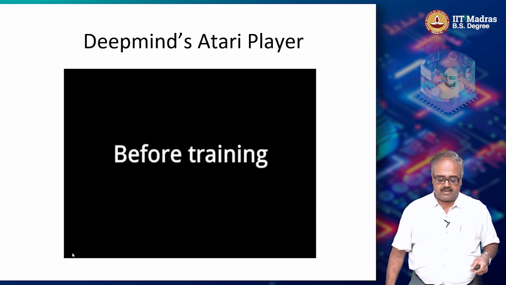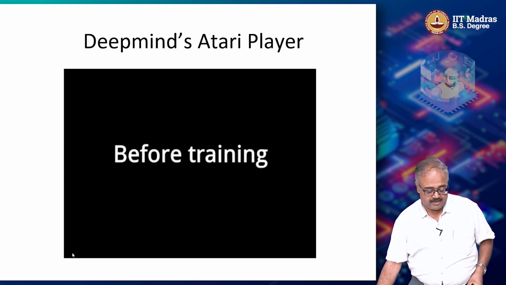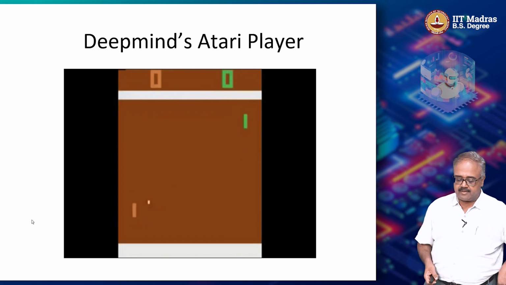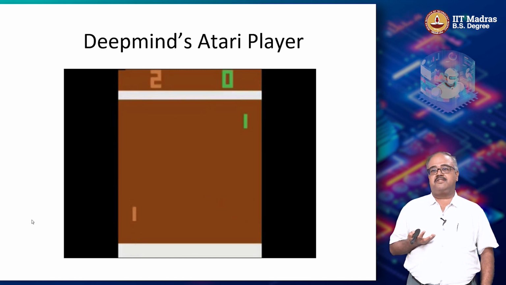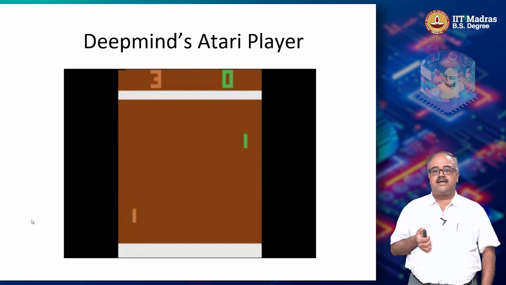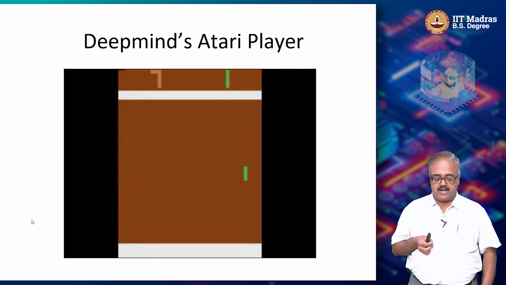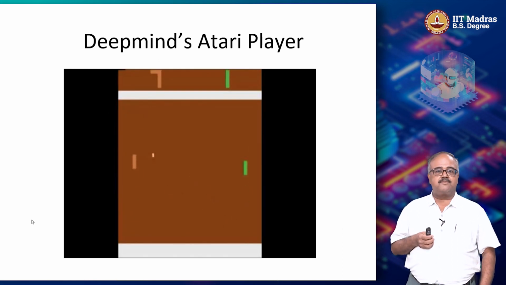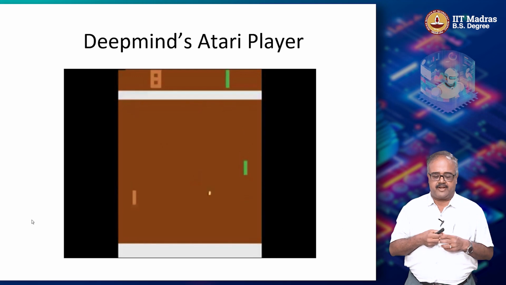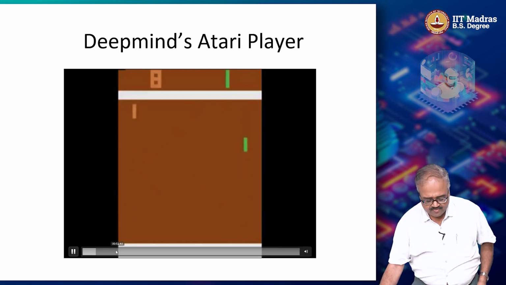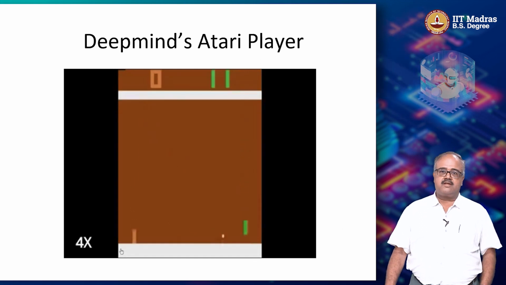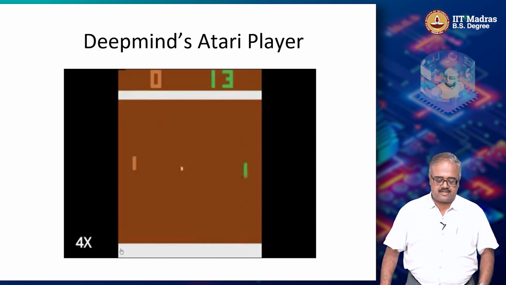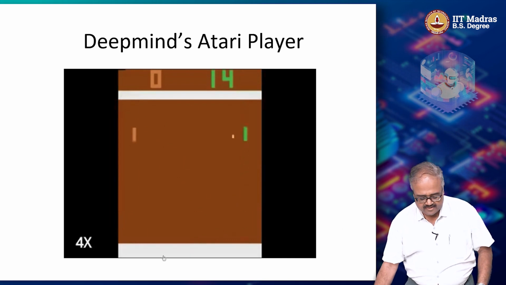So let's show you some videos of how the game playing engine works, right? You can see that at the beginning of learning, it has no clue as to what is happening. It just stands there. At this point, it has not even learned that it can move the paddle around in a reliable manner. After some amount of training, it starts playing a little bit, but still not very good. And then after a while, it becomes very accomplished at playing. You can see the score that's happening now, right? It's actually beginning to win on a very consistent basis.